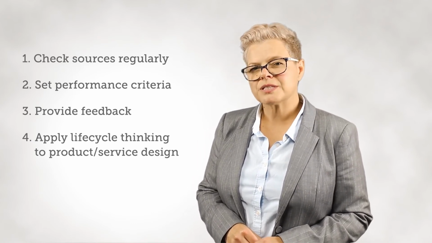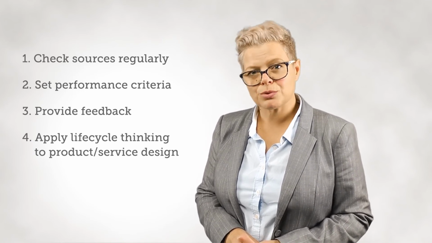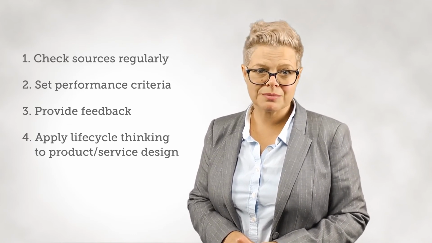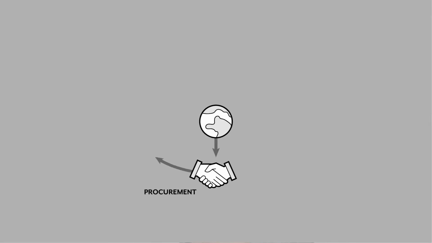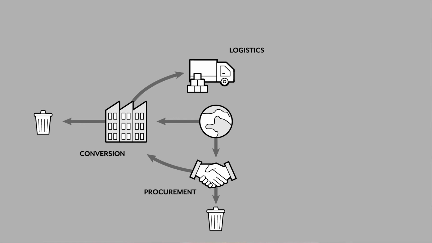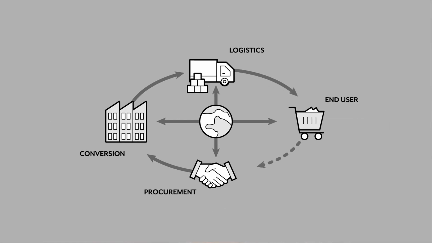In another video, we talk about the product service lifecycle and the circular economy. Lifecycle thinking can help us understand where our efforts are best placed to close the loop and retain resources within our product service systems. This can be mapped directly to our supply chain. By considering the inputs and outputs at each step in the supply chain, we highlight opportunities to design waste out of the system and discover ways to close the loop and retain resources in the system. Download our supply chain mapping template to help you identify inputs and outputs across your supply chain